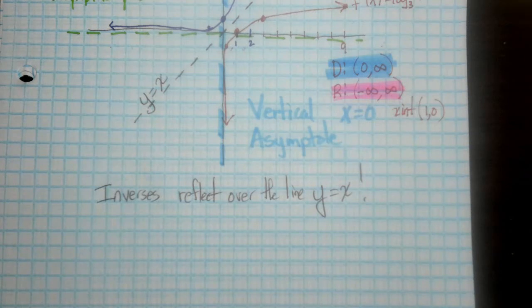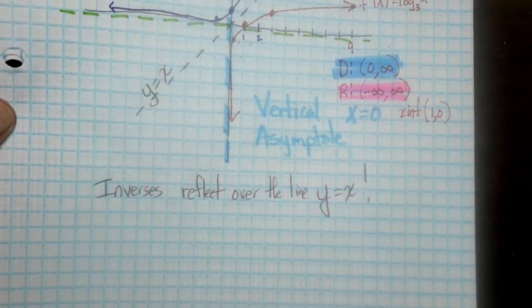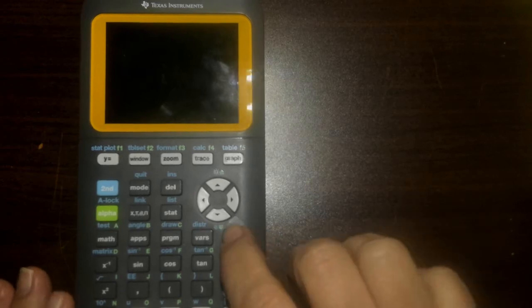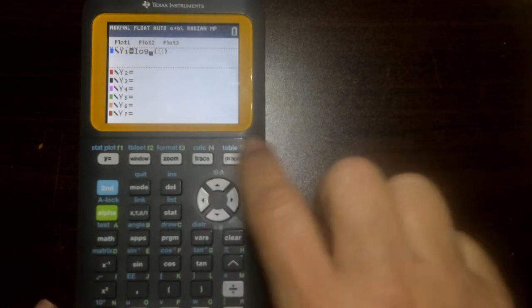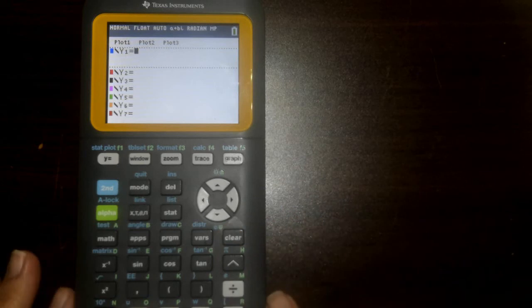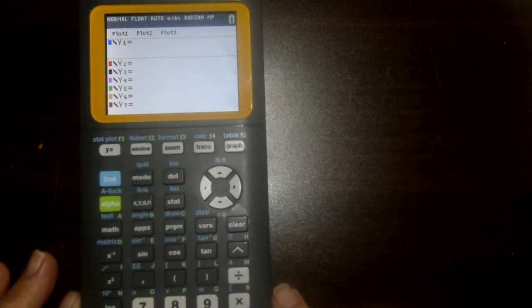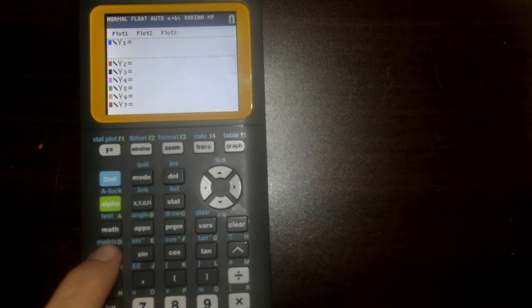Alright, I need you to grab a calculator, and I want to show you something about inputting a log. Like when we graph by hand, we really want to focus on the exponential curve and the inverse aspect, but you can graph a log on your calculator. So if you go to y equals and clear out whatever's in there, and this math button, right? So it's right underneath the green alpha. If you press math,